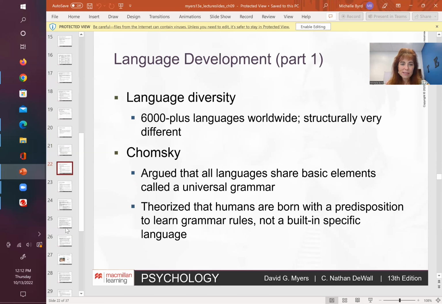Okay, that just kind of goes into that language diversity. There are about 6,000 plus languages worldwide, structured very differently. And Chomsky argued that all languages share basic elements called universal grammar. He also theorized that humans are born with a predisposition to learn grammar rules, not a built-in specific language. He believed that the grammar was universal, and that would make sense in a lot of ways, because